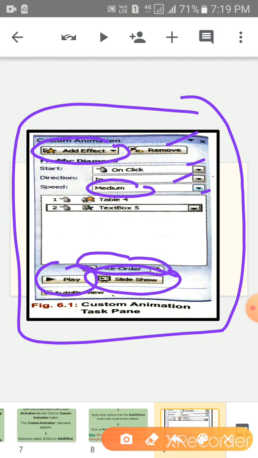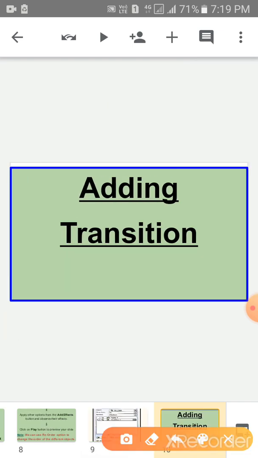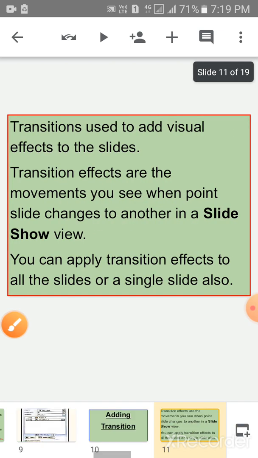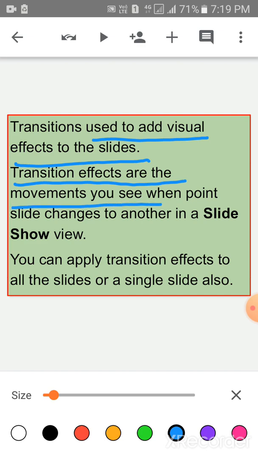Okay children. Now, the next topic is adding transition. How to add a transition to your slide. Children, transition is used to add visual effect to the slide. Transition effects are the movements you see when one slide changes to another in slide show view.